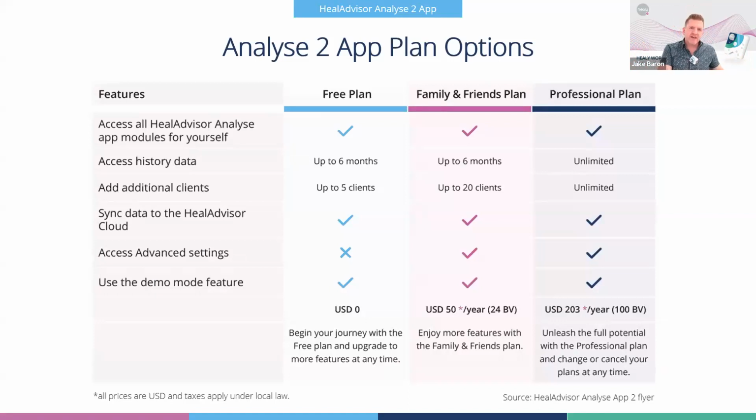And that's for all of our existing members and customers that have the Analyse app, but also anybody that joins in the month of August or the month of September and purchases a Residence edition or higher is also going to get that professional plan for life. So if you have anyone you've been talking to who has been thinking about getting a Healy, but was waiting around, whatever the reason, certainly reach back out to them and let them know that now is the time to become a member or a customer here at Healy, because this professional plan is for life.